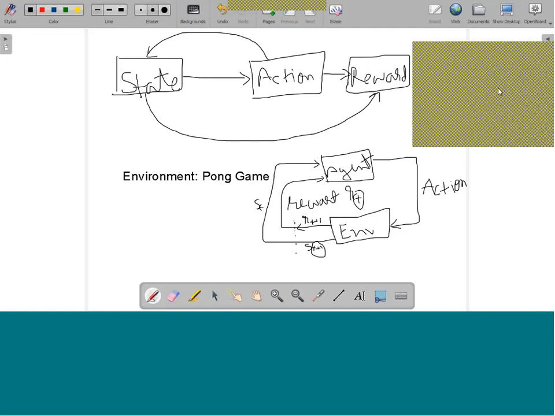We are learning reinforcement learning because this is a strategy problem that we can't solve using supervised learning or other machine learning algorithms. So we need some strategy to solve that problem, and for that we use an agent and an environment. The environment will produce the reward and state, and the agent will take the action.